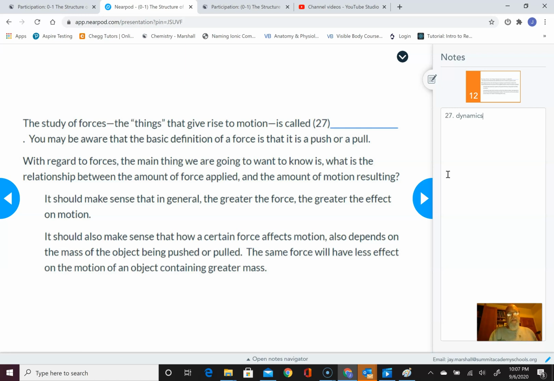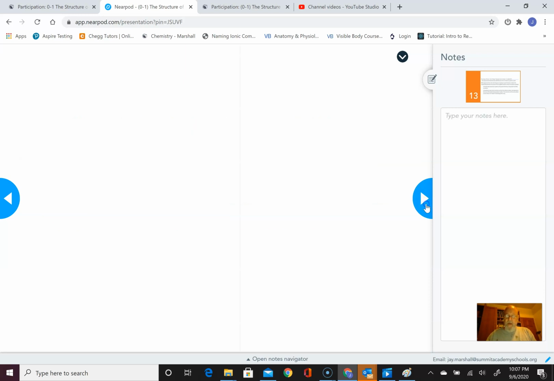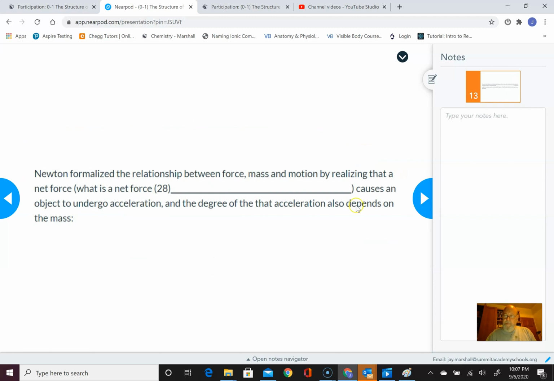And then if I use the same force to push the chair, but somebody's sitting in it, it's not going to accelerate as much. Okay, so that's the idea. The acceleration depends on the force and on the mass. And Newton formalized the relationship between force, mass, and motion by realizing that a net force, and in class